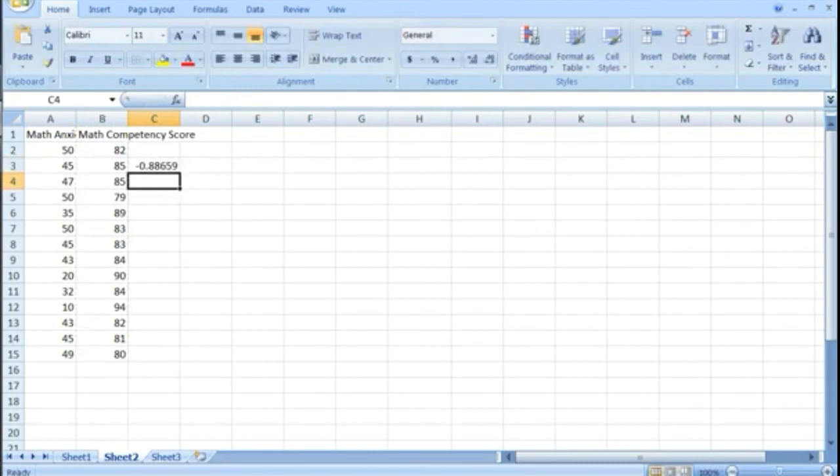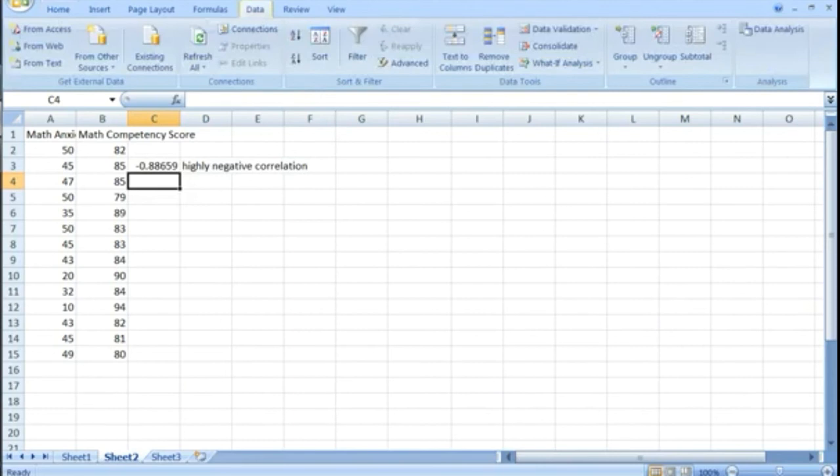So we will get negative 0.88659, which is a highly negative correlation. This means that when a student has a high level of math anxiety, he has a tendency to get a low score. To compute the p-value that we will use in decision making, click Data Analysis,